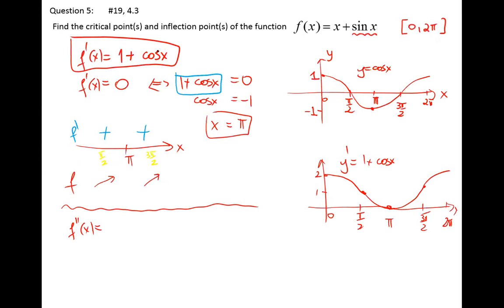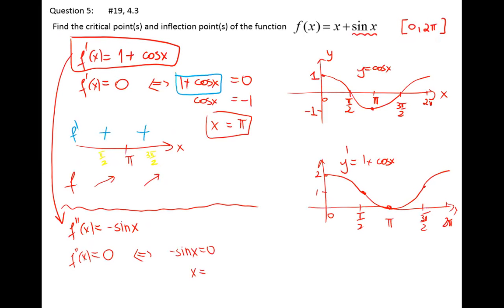Second derivative will be just the derivative of cosine. Who can tell me the derivative of cosine before the midterm? Helpful question. Negative sine of x. Thank you. Okay. And now, in order to find a potential inflection point, the second derivative must be 0, which means negative sine of x must be 0. And when